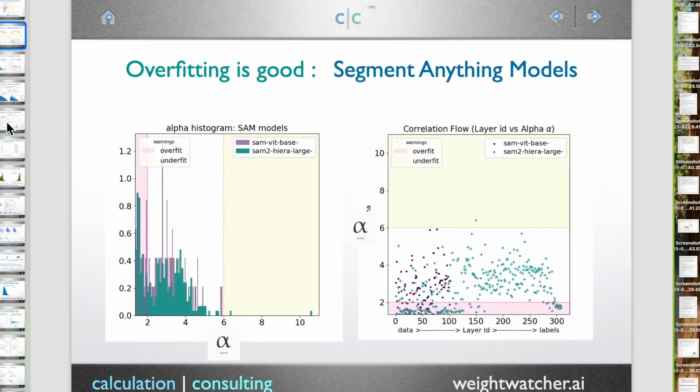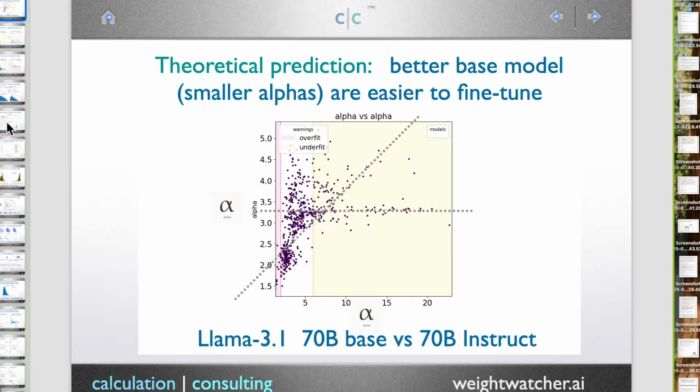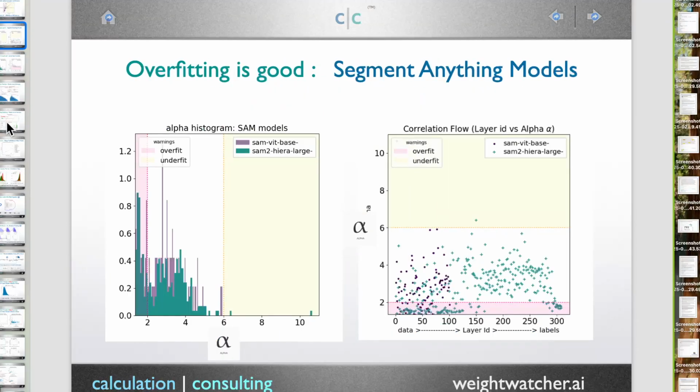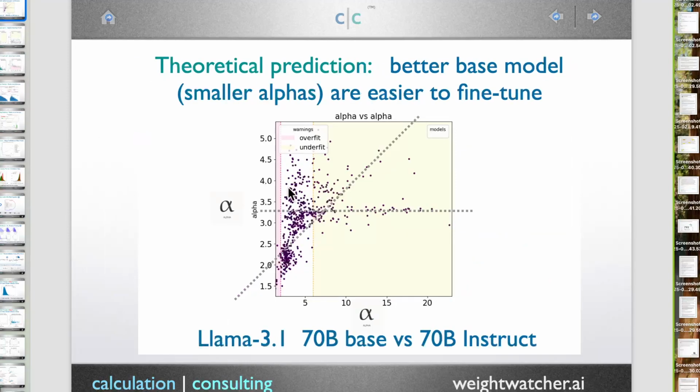I want to show you some other things, but I think these are things we have to explore. I also want to point out that you really have to think carefully about what you want to do. Overfitting is not always bad. You have overfitting, you have underfitting. We've talked a little bit about how overfitting can complicate fine tuning. My advice would be to try to use a heuristic to adjust the layer learning rates for your fine tuning.